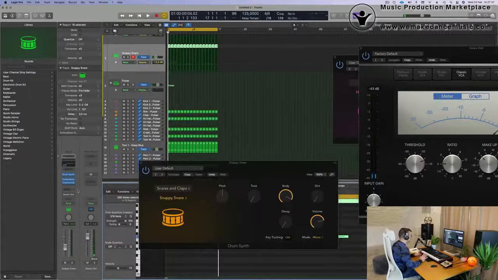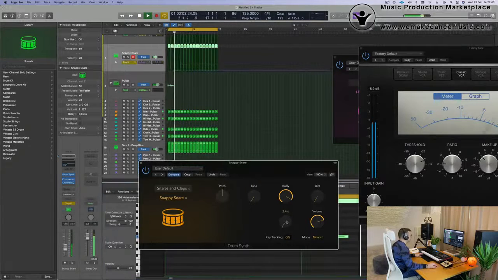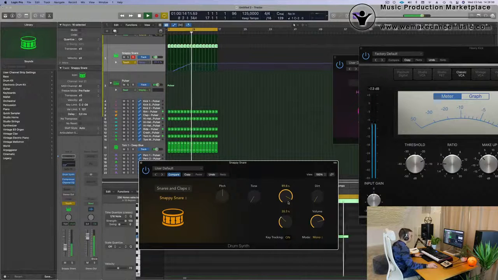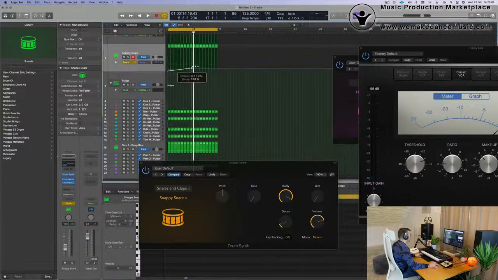I can do two different things. I could do a send to a reverb, which will make it bigger, into a room, or what I will do is increase the decay. So I'm gonna put it on touch, open. Until it becomes pretty much only noise. Like this. So I think this is